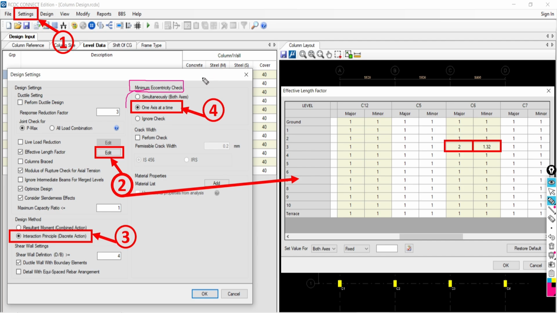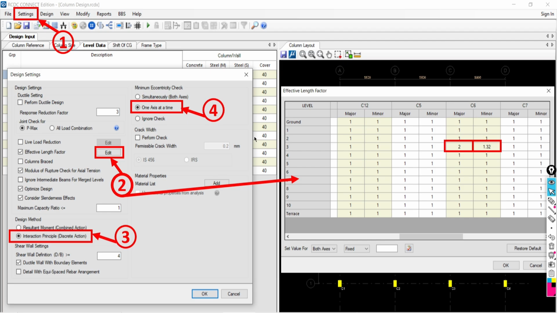Okay, if you are considering movement due to eccentricity for one axis, then don't consider it for the other axis. If you are considering this axis, don't consider the other axis. So at a time you have to consider one axis. So that we also did in our calculation. If you are taking care of all these points while doing the calculation, then you will get the results as per your expectation.